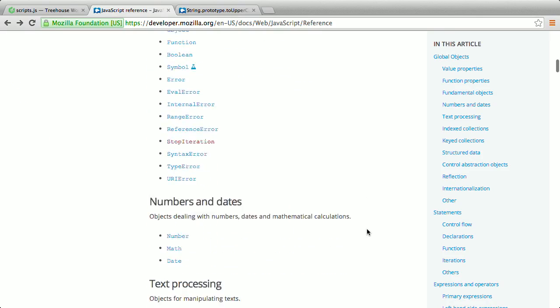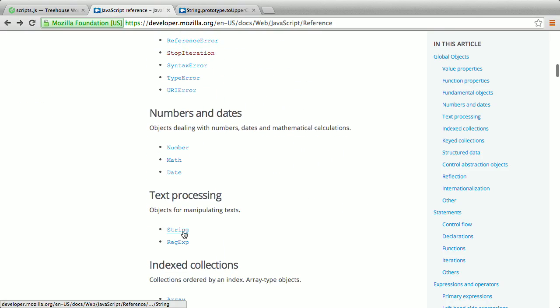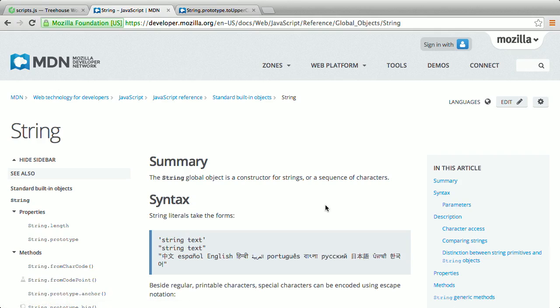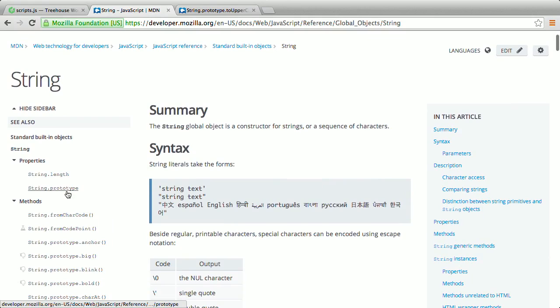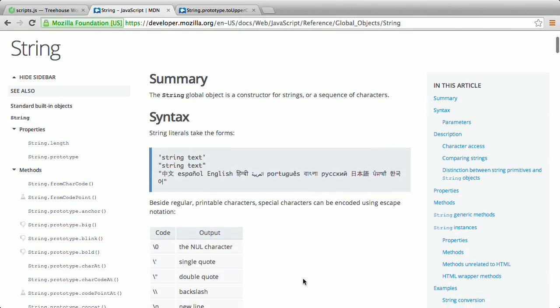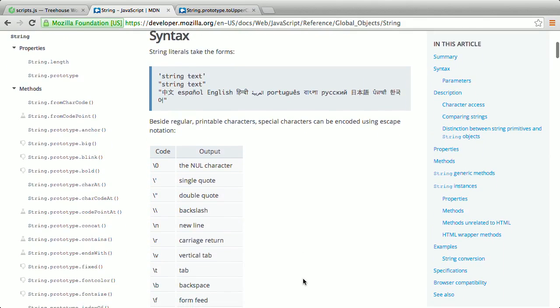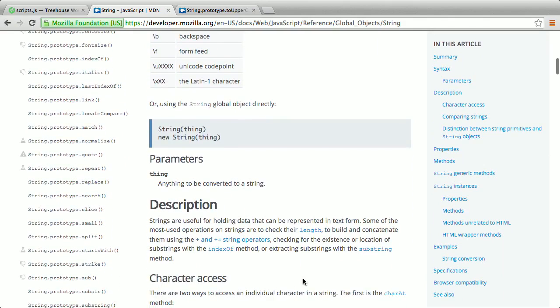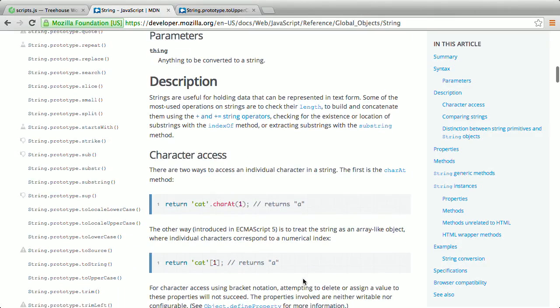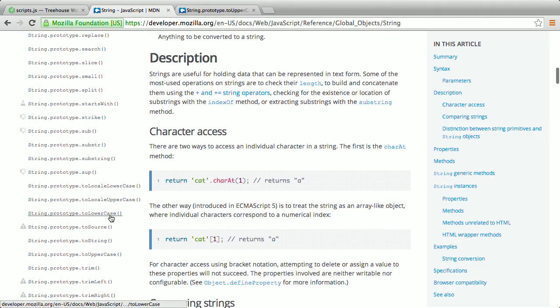I can scroll down the page and find a link to the string object. Notice on the left there's a list of properties and a list of methods. A method is basically something you can do with the object. It's an action. As you can see, there are lots of different methods available here, but just 2 that I want to talk about in this video. First, I'll click on this